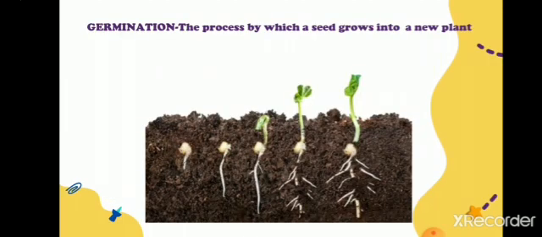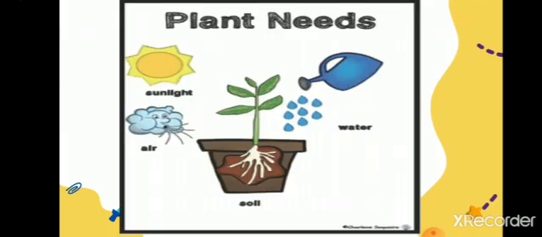So, I told you that when I put the seed inside the soil, I grow a new plant. The process involved is called germination. So, the seed growing into a new plant is called germination. Now, let's recall. So, what does a plant need? If a plant has to grow, what is the major thing? It is sunlight, air and water, and the major part is soil. I have to put the seed inside the soil, water it, keep it in a very airy place and give some sunlight to it. The plant will grow into a tree and give me flowers and fruits.